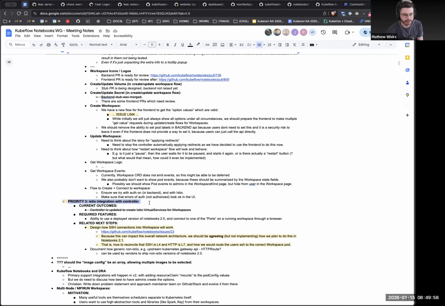Okay, is there any other things? So this is only here because if we don't do this, there is removing. Anyway, I think this can probably be closed soon. We probably should put this as another issue. Priority 3 is like investigation areas almost. Right.